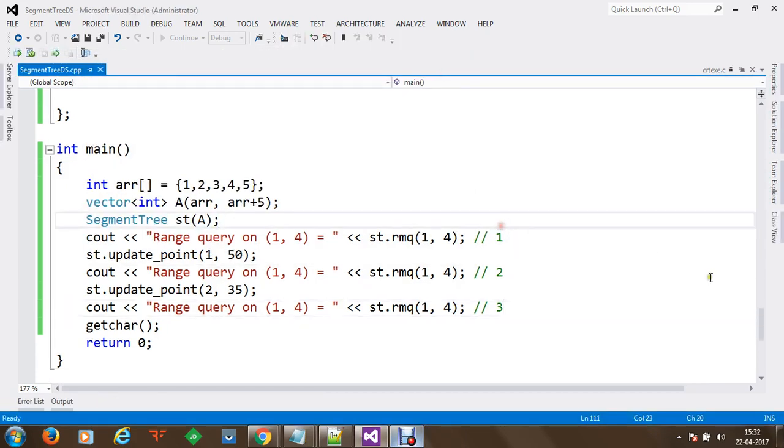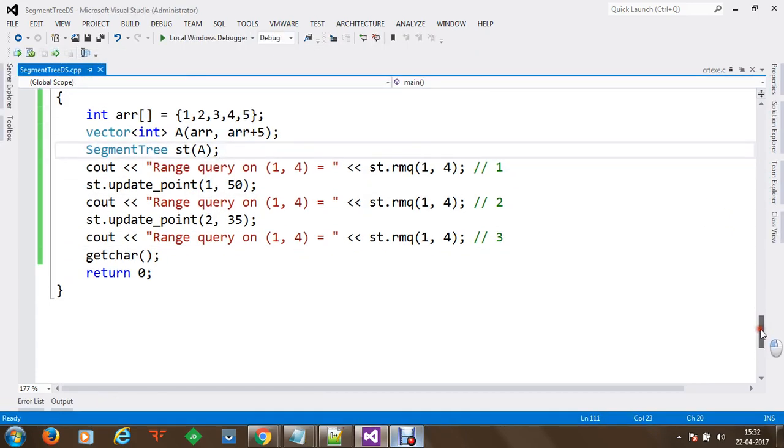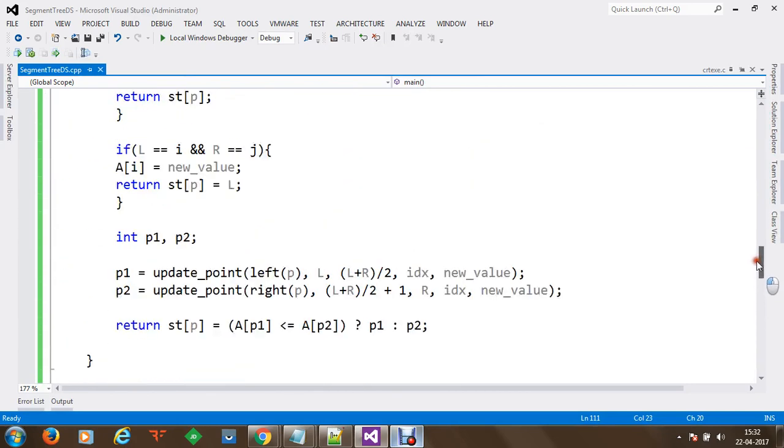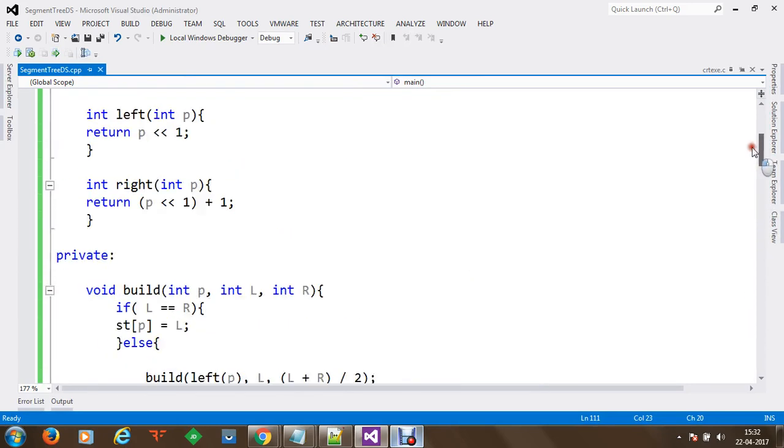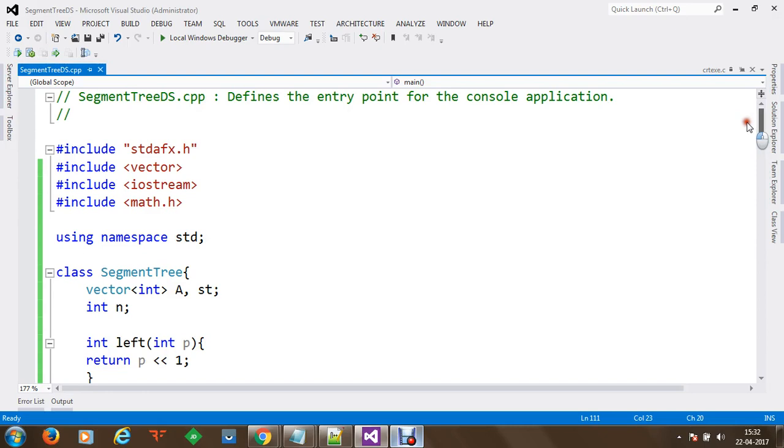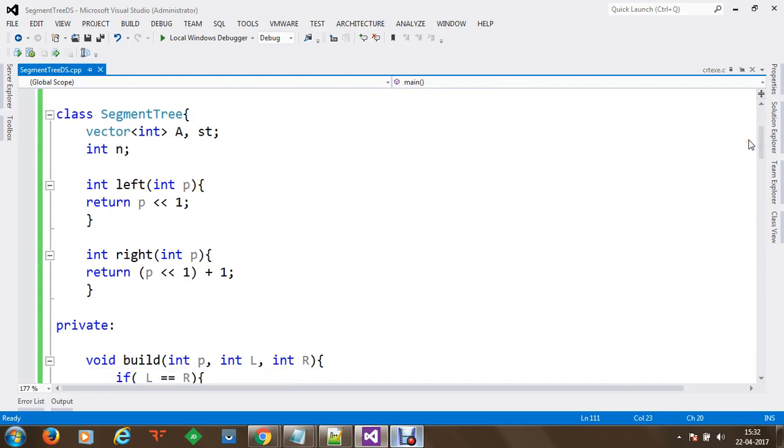So this is how you can make use of segment tree. In competitions, we don't have any STL library available for segment tree. So in case you want to make use of segment tree within your competitions, you have to write your own segment tree data structure. And once you have written your segment tree data structure, it should be functional with these 3 functions. One is to build, second is to identify the range, and third is to modify a range or a point within the segment.